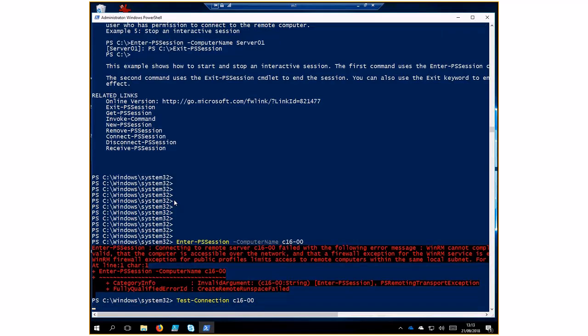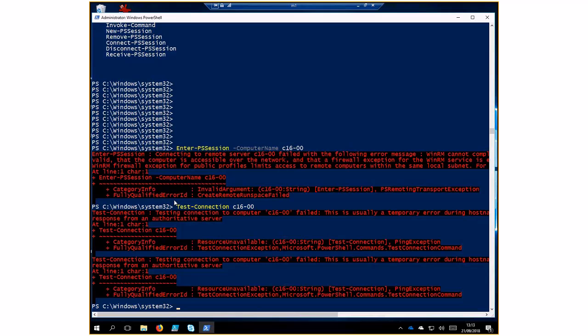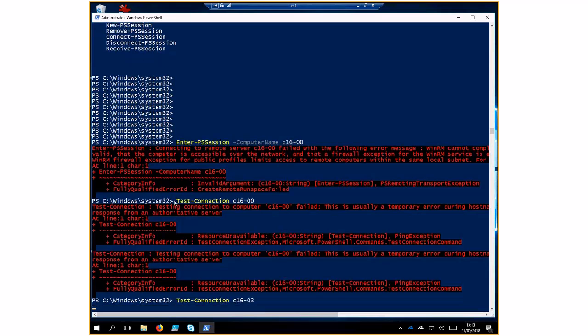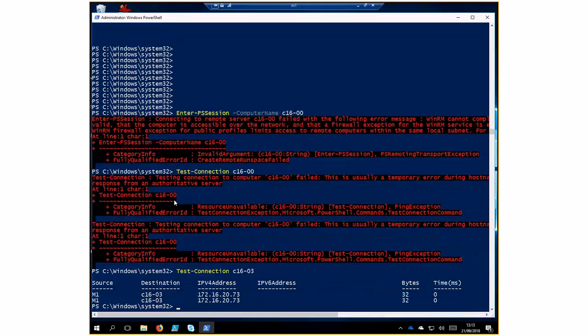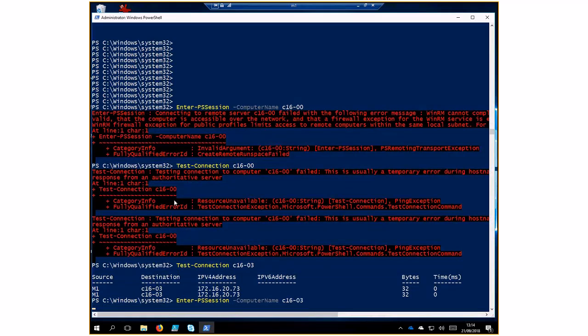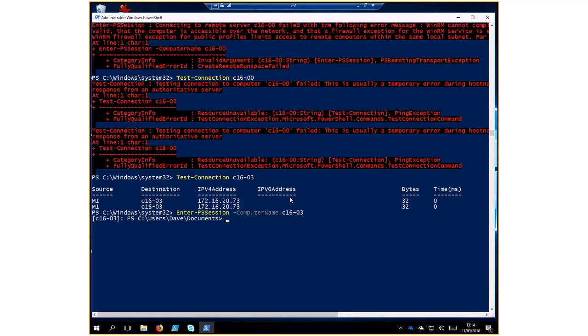C16-00. Okay, so that machine is offline. So we'll use 03. Okay, so we got a machine that's online here. So let's run our command again to 03. And when we use Enter-PSSession, it creates a remote session using the current logged on user, unless we include credentials for a different username. And we can see the prompt has changed here. And this means now that any command that we run is running on that remote machine